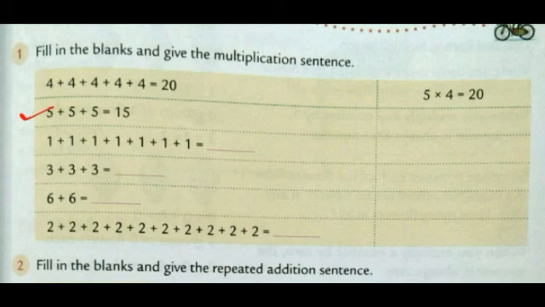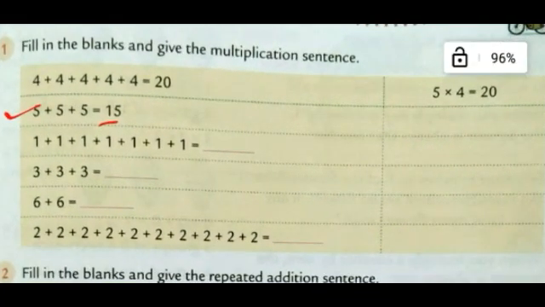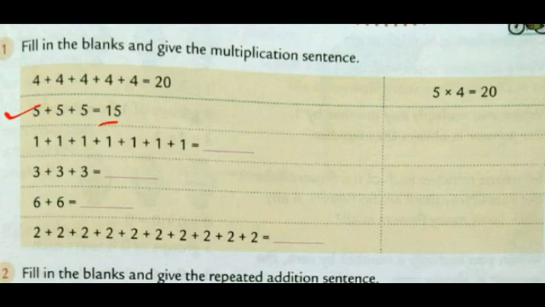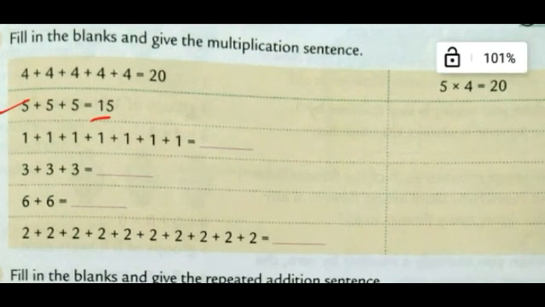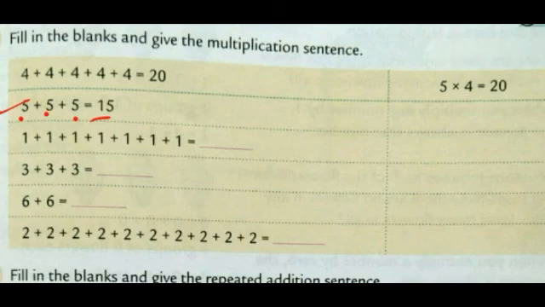5 plus 5 plus 5 is equal to 15. The answer is already written here. We only need to make the multiplication sentence for it. So, see the number that is being repeated again and again. 5 is repeated 3 times. So, here we will write the number that is repeated in the second place. And how many times it is being repeated, that we will write in the first place. So first we will write 1, 2, 3. 3 times 5 is being repeated. So 3,